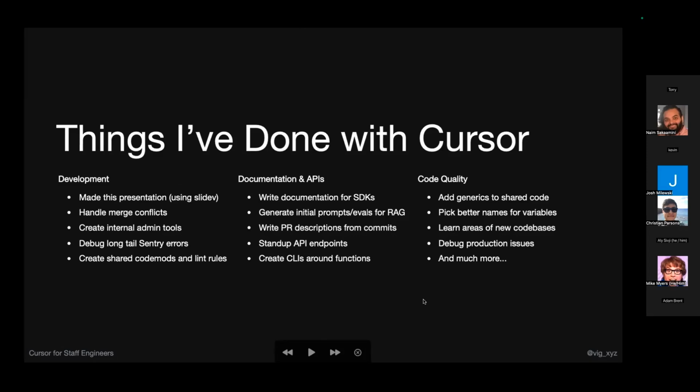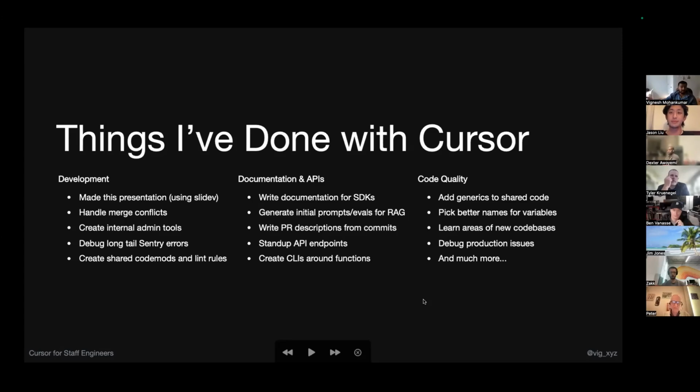Those are three things that I've done with Cursor. I'm just trying to give you examples of how you can start thinking about using this day to day. But here's a giant other set of things that I've used Cursor for over the last two or three, really,